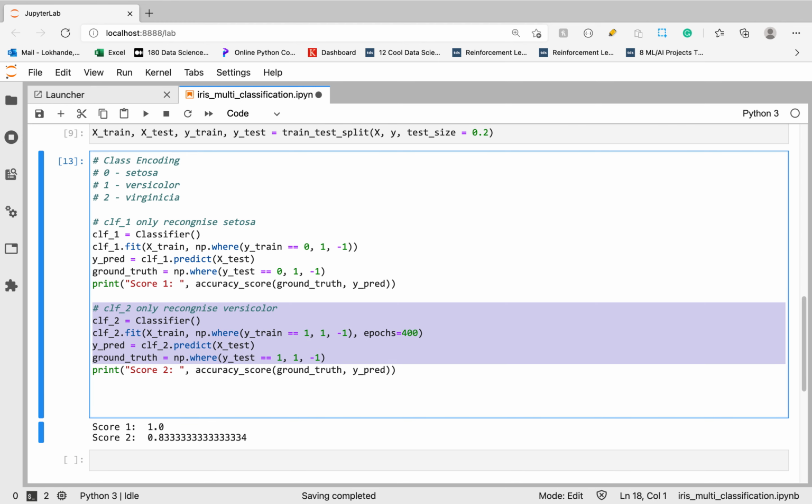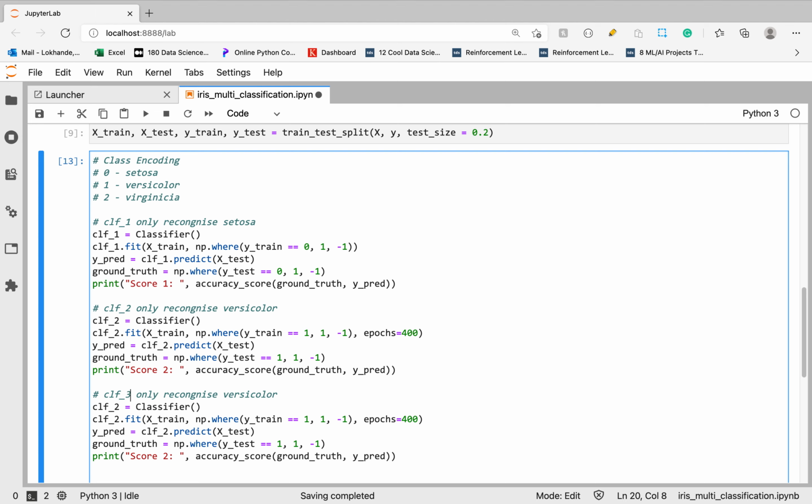Now let's copy this thing for class 3, which is virginica. So classifier 3, same, this condition will change because classifier 3 is responsible for recognizing virginica, and the class label of virginica is 2. So if y train is equal to 2, then return 1, otherwise return -1. Same for y test. Oh, sorry, I made it the wrong way.